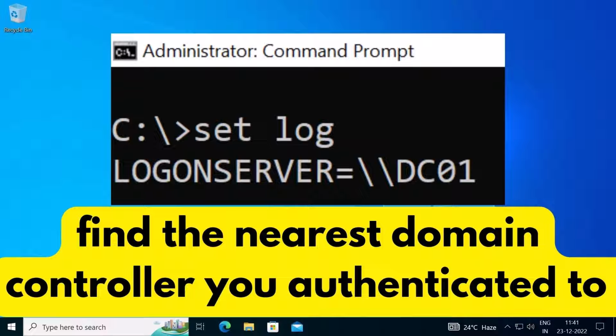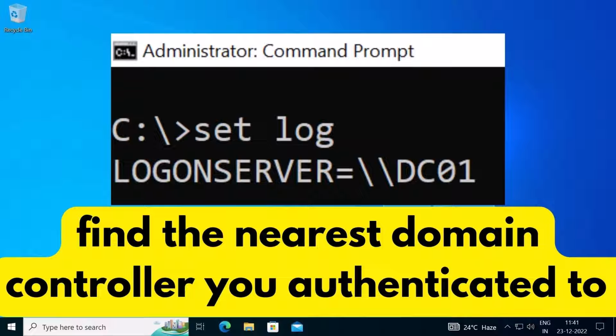This can come in handy when there are issues applying group policies or when users complain about slow logons. A user's computer may be authenticated to the wrong domain controller if the nearest domain controller is not available. Maybe the firewall is blocking access to it, or the Active Directory sites or subnets are misconfigured, or there are